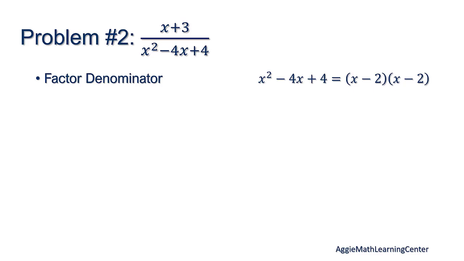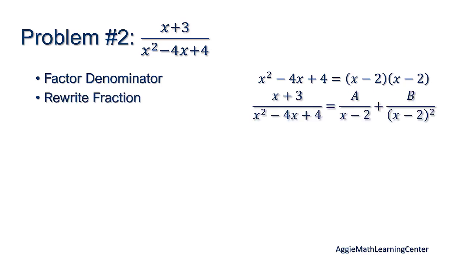When you see that there are two or more roots that are the same, we call this a repeating root. When you have a repeating root in the partial fraction decomposition, you will see the breakdown from x plus 3 divided by x squared minus 4x plus 4 look like a divided by x minus 2 plus b divided by x minus 2 squared, where the denominator is squared for the second fraction.